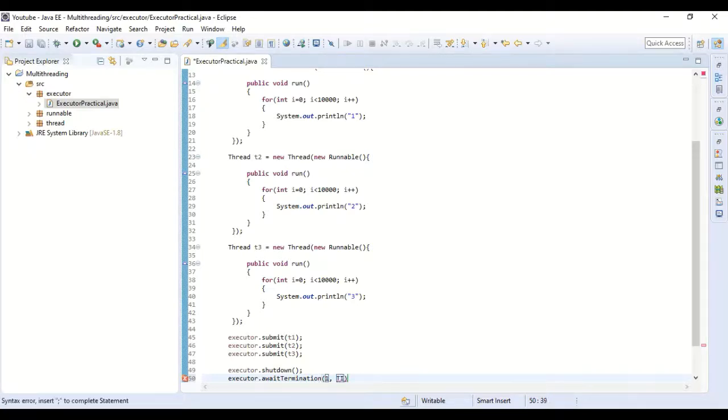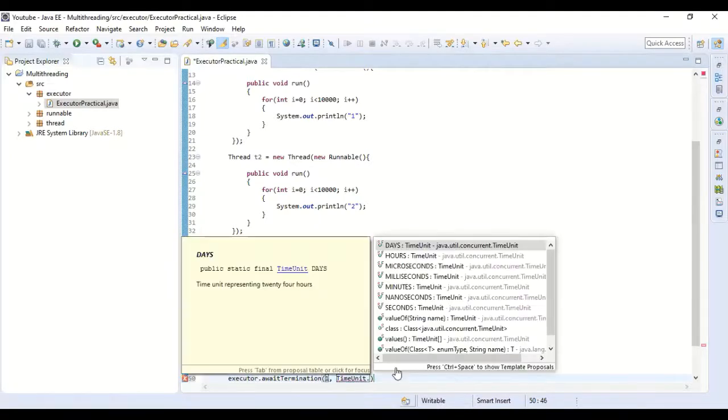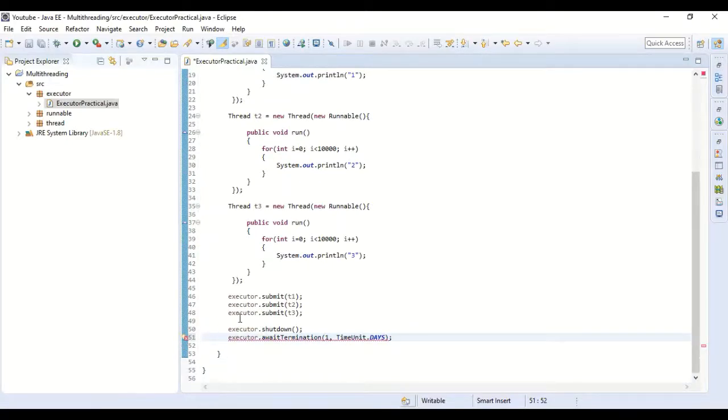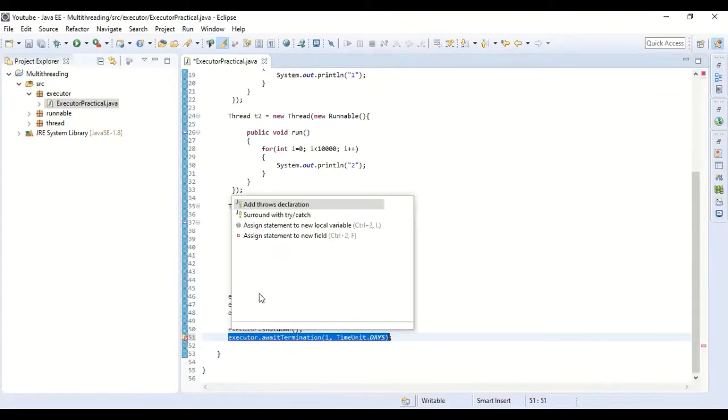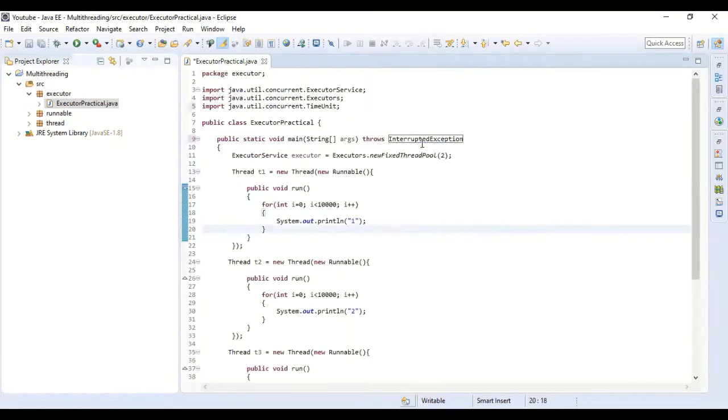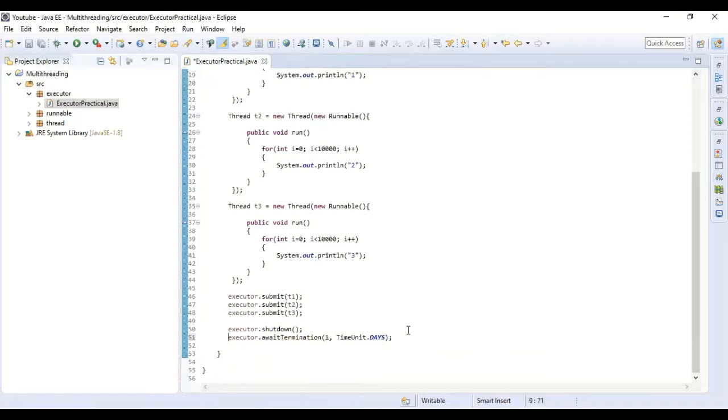So TimeUnit.DAYS. This is for 1 day, and it will have a throws declaration, as it might have some issues while termination. So we need to give InterruptedException.